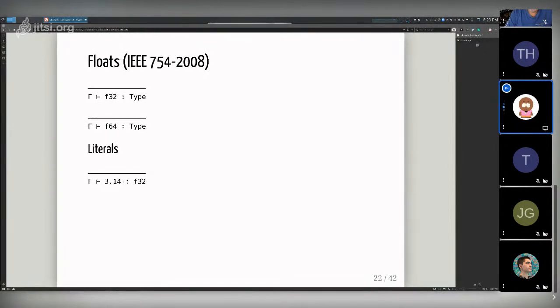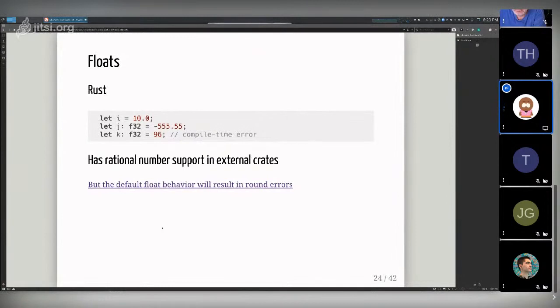Float literals in Rust use the period, but float literals must contain a period. And we'll see that not working pretty shortly here. They also support a postfix notation like integers do. So you can put f32 at the end of your float literal or f64, and it'll return what you expect. Cool.